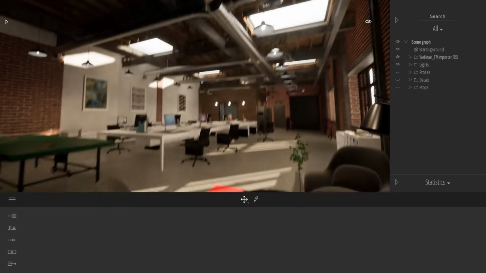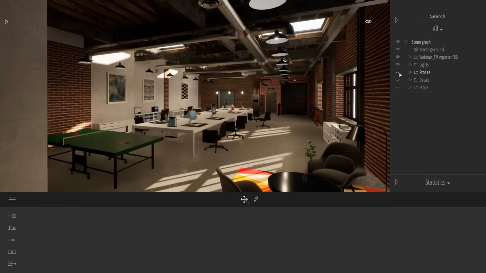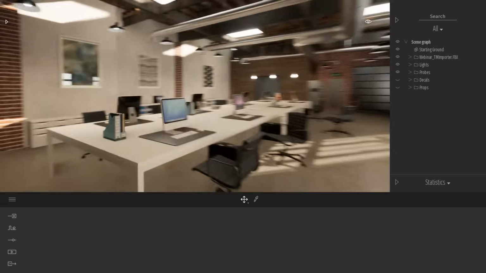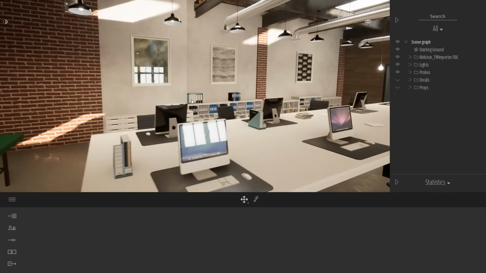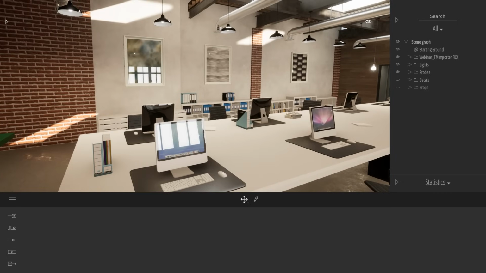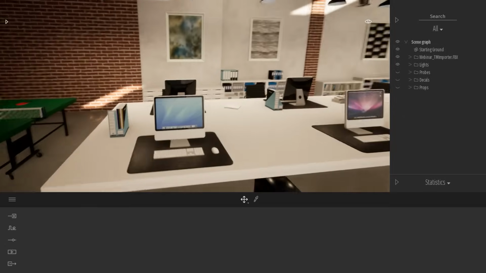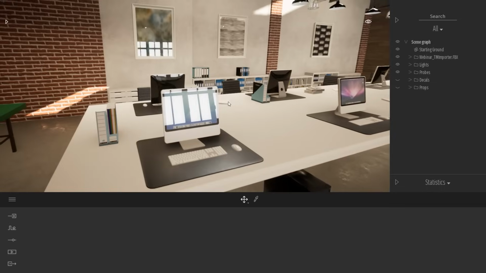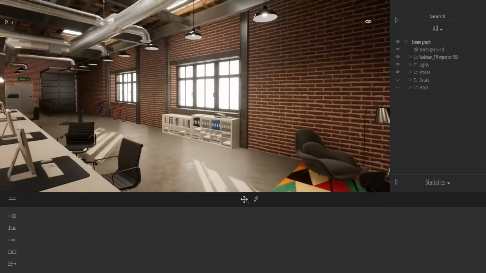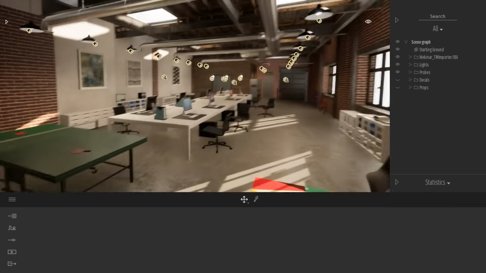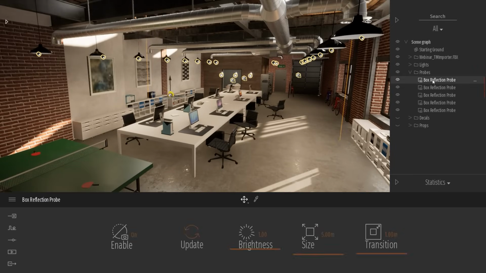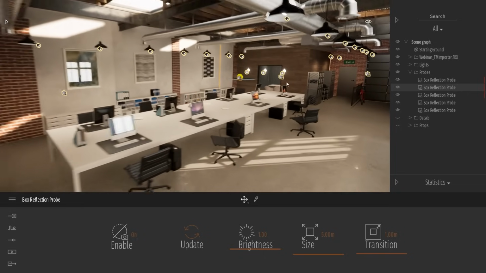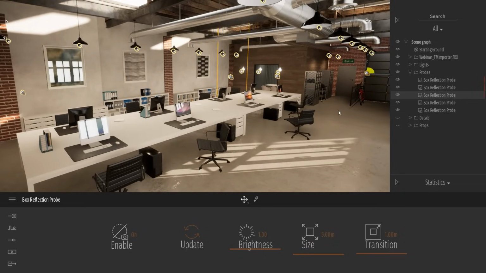Next thing after the light was to add some probes. The probes are just to change a bit the reflection. If you have a look, for example, at the computer screen or the framing on the wall, without the probe, we don't have any information actually. When you turn the probe on, you can see clearly what's happening behind the camera. And how the probes are set up, let me select them. We have multiple probes at the middle of the room, in the middle of the space, like we can see here. Pretty basic.